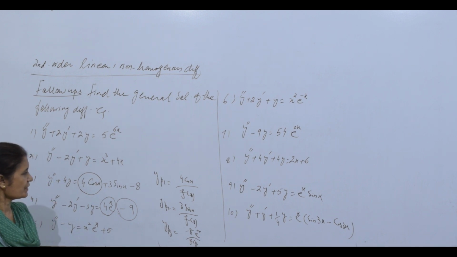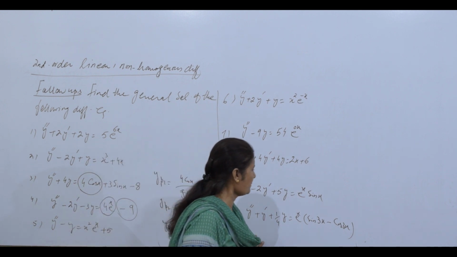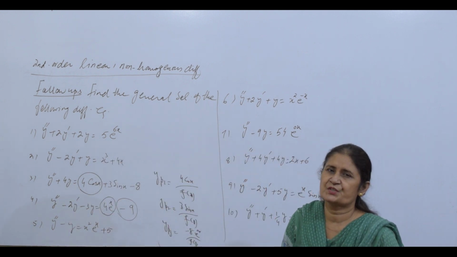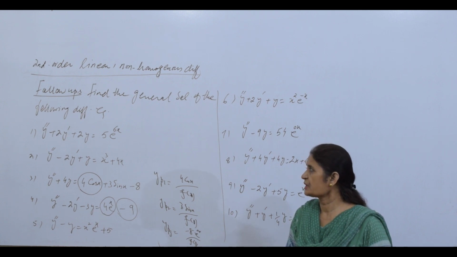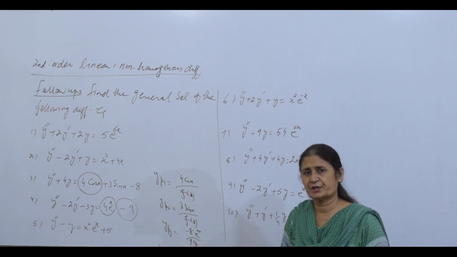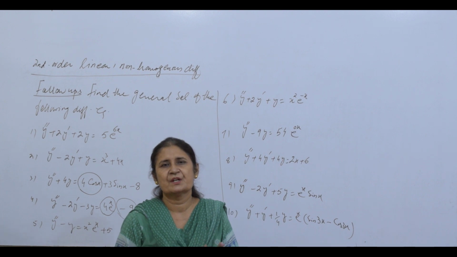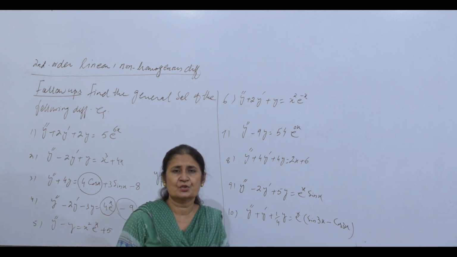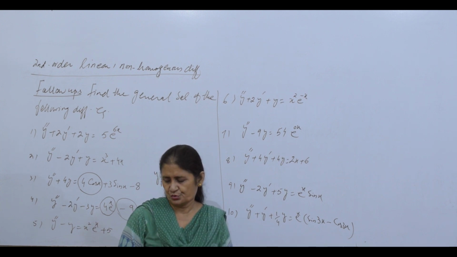And these are the 10 questions. I hope these are related to the topic I have taught. These are good, so try to focus yourself on this, and if you solve them, I'll be happy. If you have a problem, we'll discuss it in an online session. I hope these five cases are clear to you. In the next video, we'll discuss variation of parameters, for when the function is tan x, natural log, an algebraic expression, secant, cosecant. What to do? We'll have that.